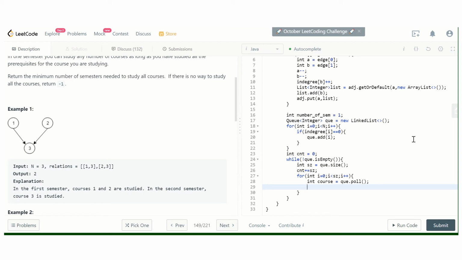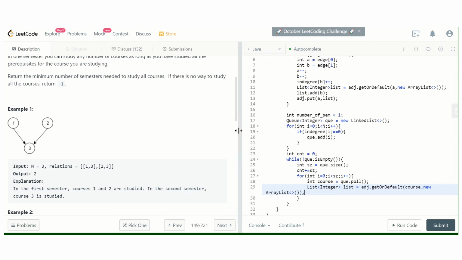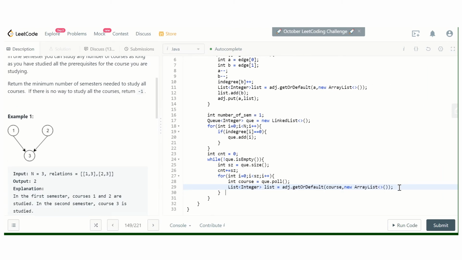So what we will do, like, we will get the list of all the courses for which this course is prerequisite. For all those courses we will decrement the in degree count.